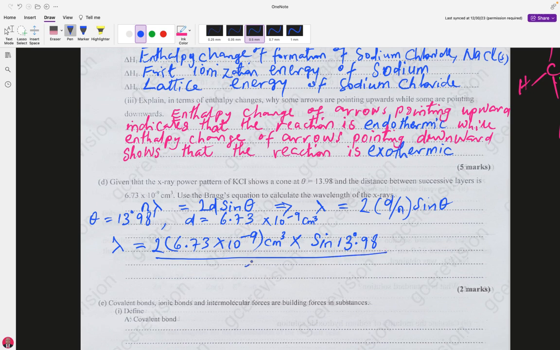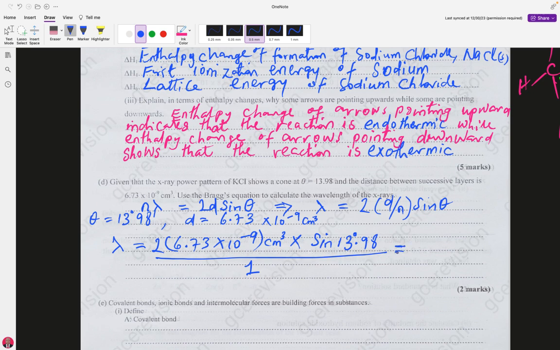All this divided by 1. And if we do our calculation very well, we are going to have our answer in terms of